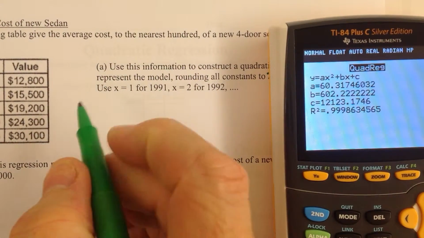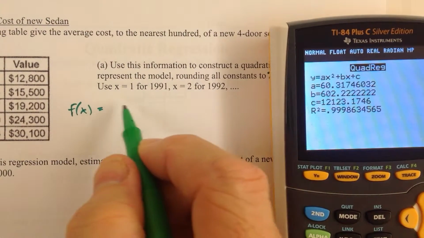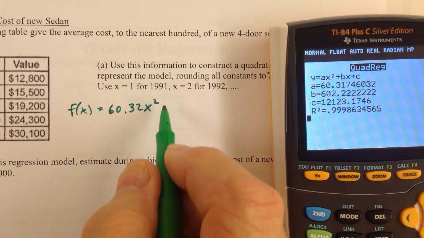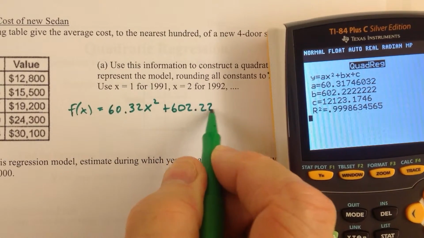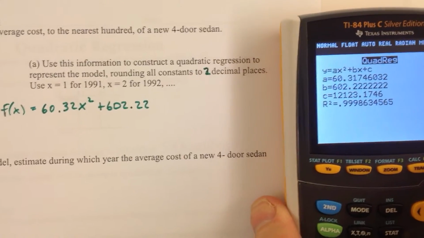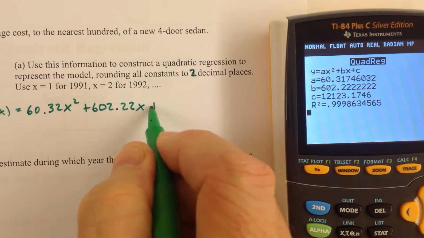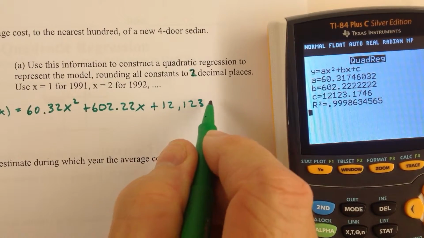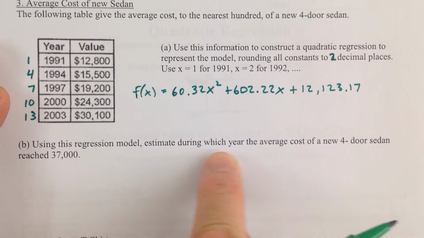So we have f of x equals 60.32x squared plus 602.22x, and then plus 12,123.17. So there's our quadratic regression model, and we want to use this regression model to estimate during which year the